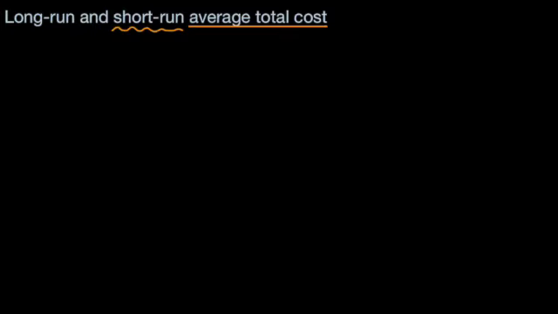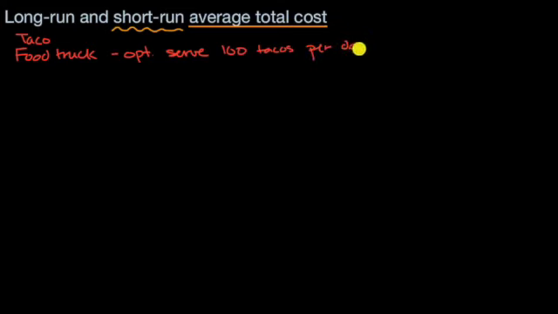So let's imagine that we are trying to open up a food truck business. And let's say we're going to sell tacos. So these are taco food trucks. And so each food truck can optimally serve 100 tacos per day. We haven't started our business yet, but we have to decide how many food trucks to buy. We do some market research, and we feel pretty confident that we're going to be able to sell 200 tacos per day. So we're going to target